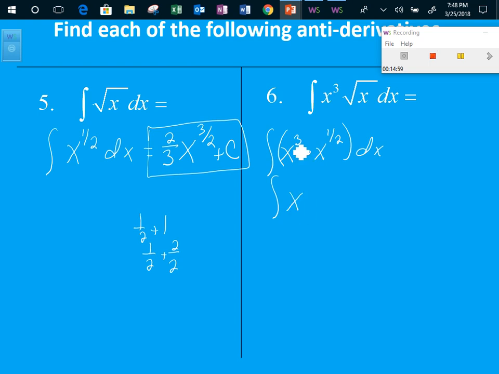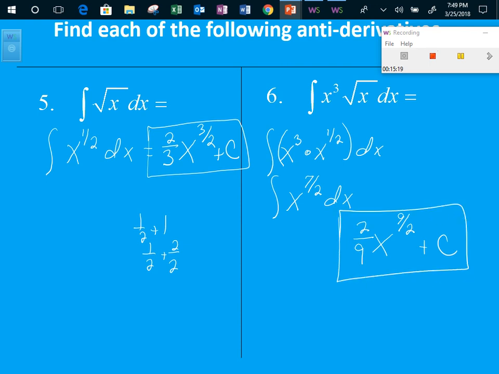So 3 would be 6/2 plus 1, so it looks like this is x to the 7/2 dx. Let's add 1 to the 7/2 and get 9/2. Multiply by the reciprocal, which is 2/9. Put a plus c there, and you got it. So there's my answer for number 6. Number 7,